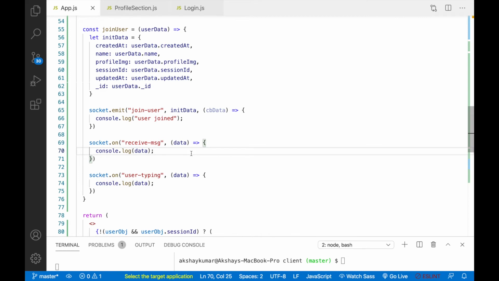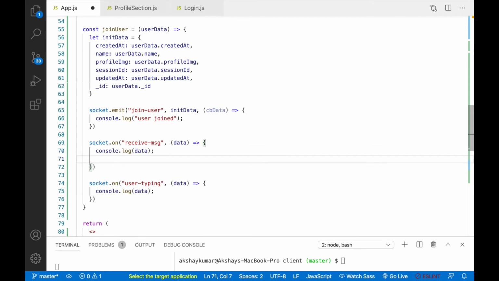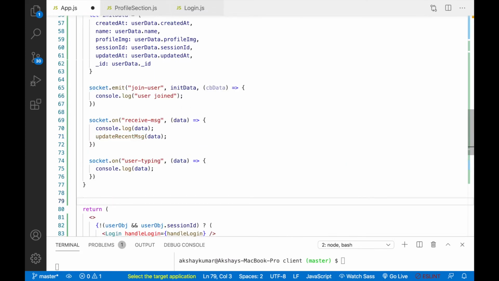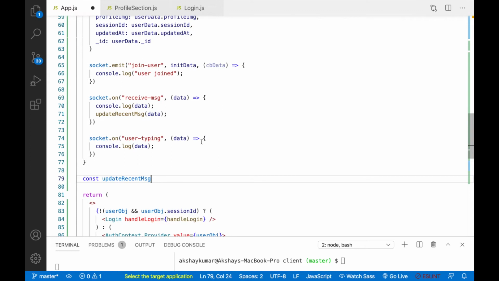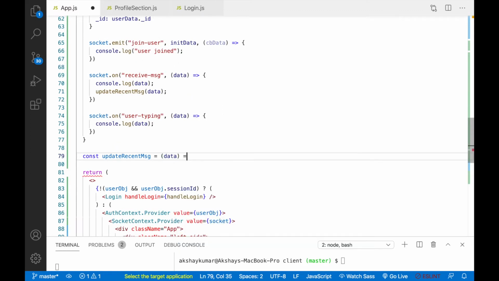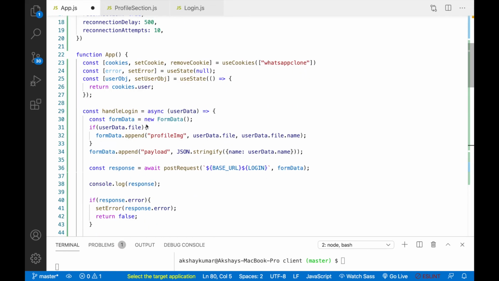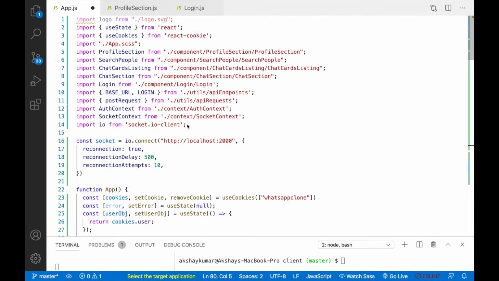Here inside receiveMessage, we'll write updateRecentMessage. We'll pass data here. This function we'll write here, const updateRecentMessage equals data, and here we'll dispatch some action. So this will update recent messages. First we'll import the reducer.